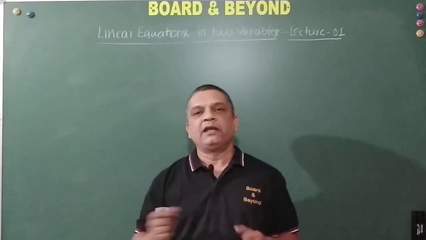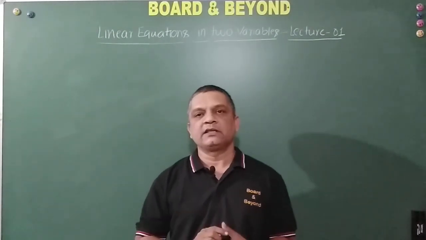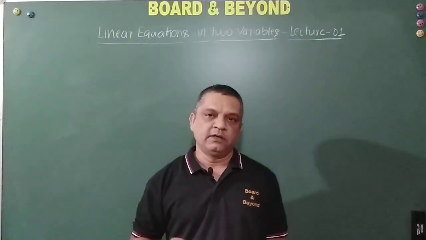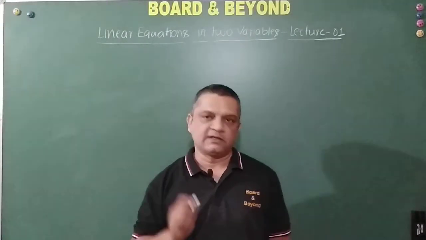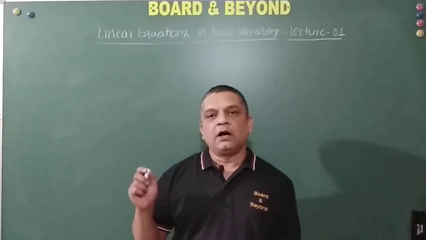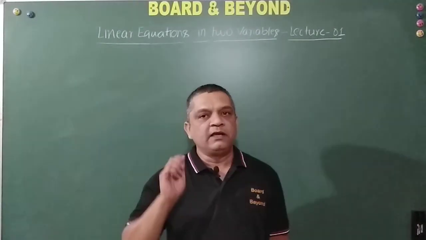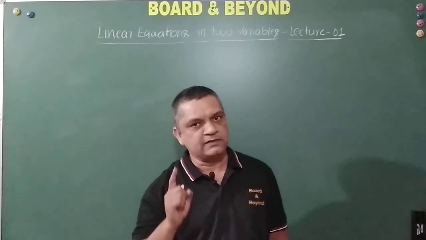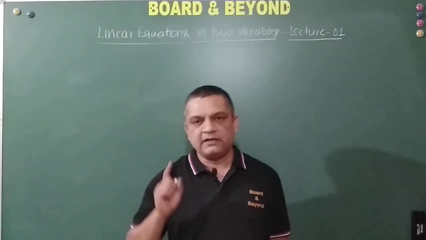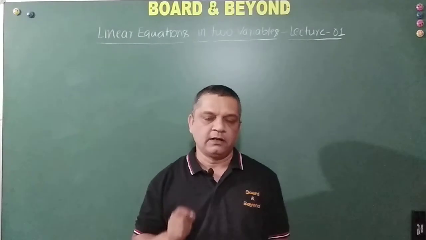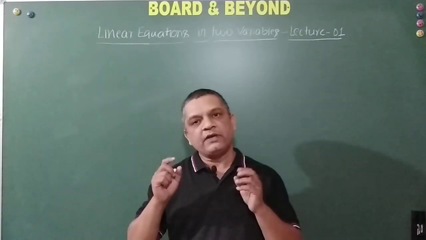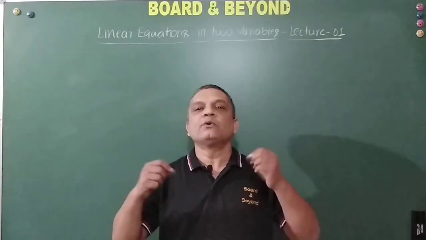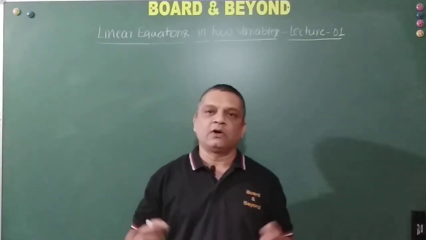So what do we mean by linear first of all? Linear is nothing but whenever it is plotted, then it gives a straight line on a graph sheet. So that expression is called a linear expression, right? So in other words, if the degree of a polynomial is equal to 1, then we say that it is a linear polynomial. And then what do we mean by an equation? Equation is nothing but whenever we are comparing two terms or when we are equating two terms with an equal to sign, that is called an equation.